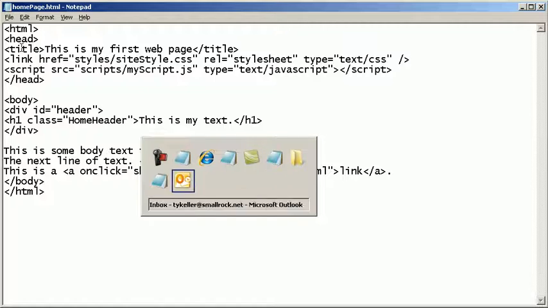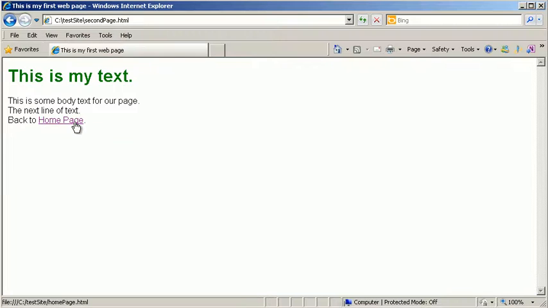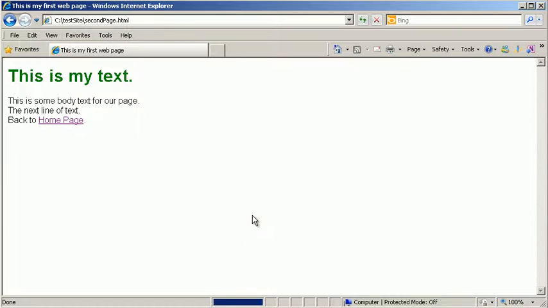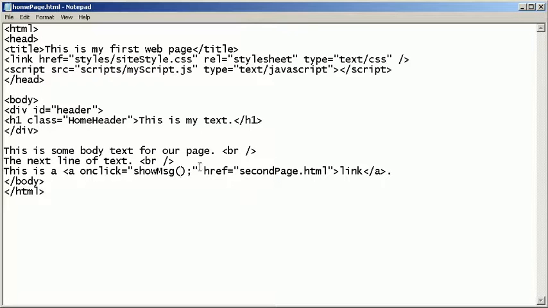Let's open up our browser and go back to the home page, and notice that if I click the link now, we get this undefined. Well, I don't want that to happen. So if a parameter wasn't passed into that function, I don't really care to show the alert box in the first place. So what I need to do is actually encompass the function, which, let's pull open our JavaScript file